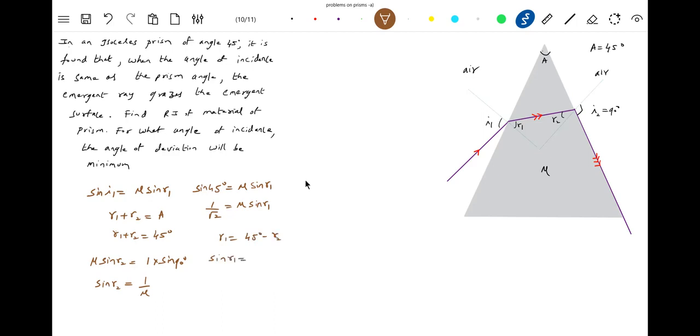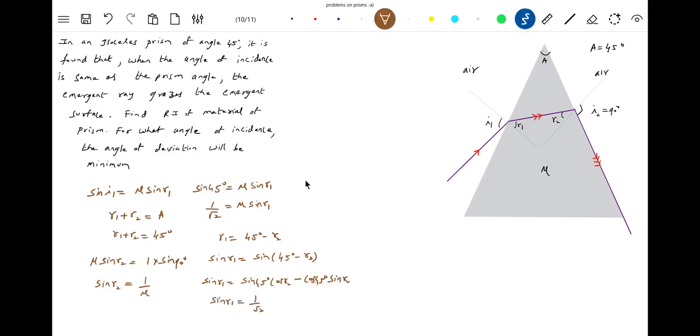So sine R1 is equal to sine of 45 cos R2 minus cos 45 sine R2. Let's apply the sine of A minus B formula, the expansion sine A cos B minus cos A sine B. So sine R1